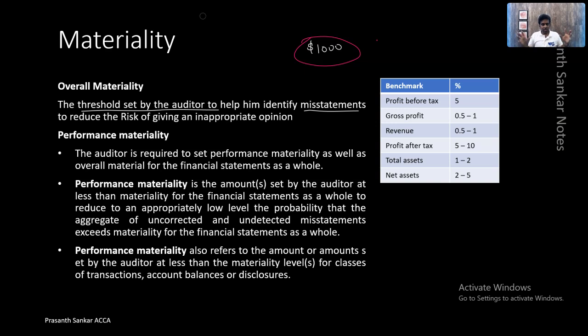So, to fulfill that, we cannot test everything, but we have to test a relatively larger portion of the transactions. He first starts with establishing a threshold, and that threshold is called materiality. Materiality is a threshold established by the auditor. A misstatement above this materiality will affect the decision makers.